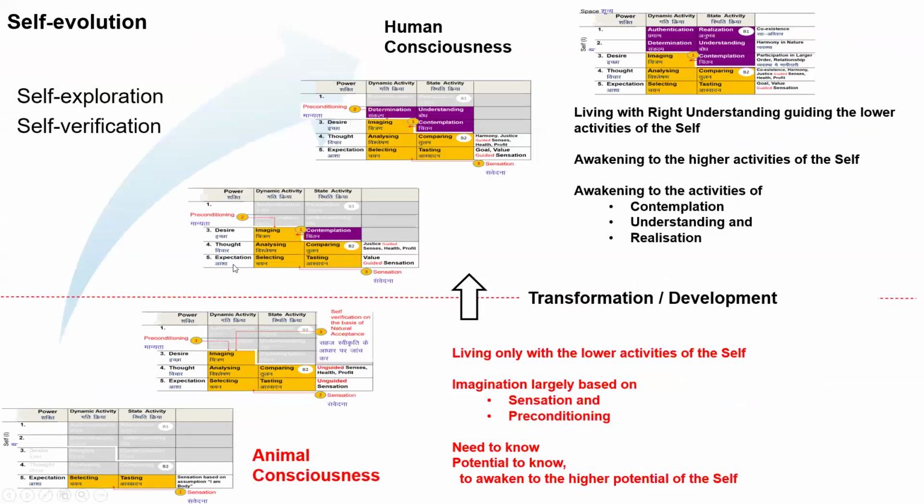And we are all in this process of evolution, evolving from the lowest level, that can be termed as the lowest level of animal consciousness, gradually to the full human potential, the human consciousness in its completeness, by awakening to the activities of contemplation, understanding, and realization. And this is the transformation we are all looking for, isn't it? We are looking for this transformation within. And for that transformation only, on a Sunday, we're spending 2 hours in this meeting. So that's very nice to see.